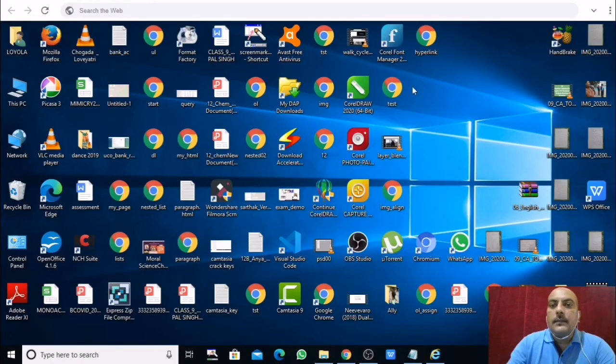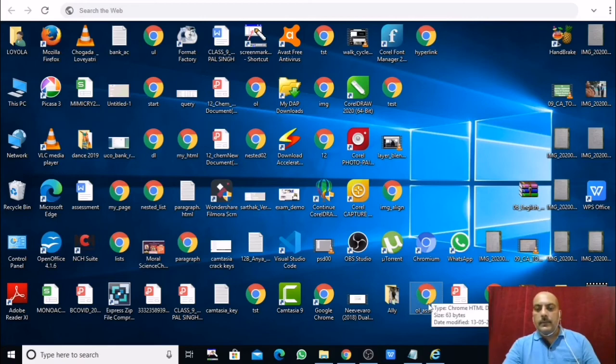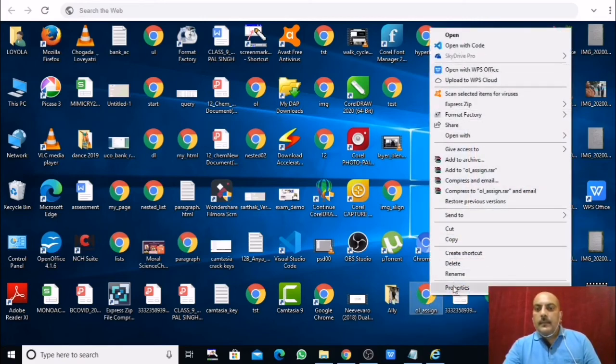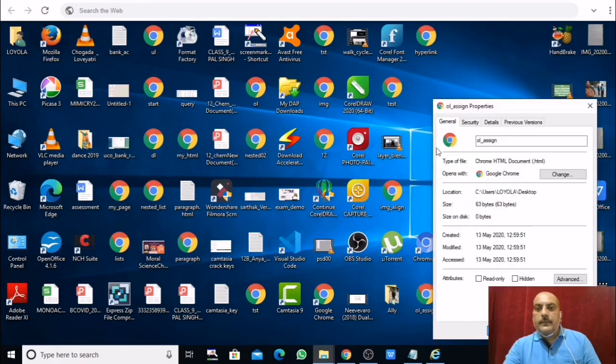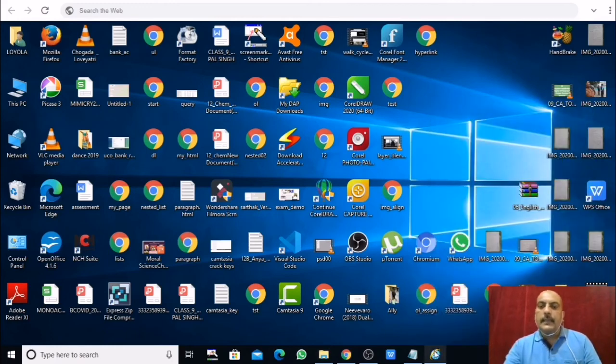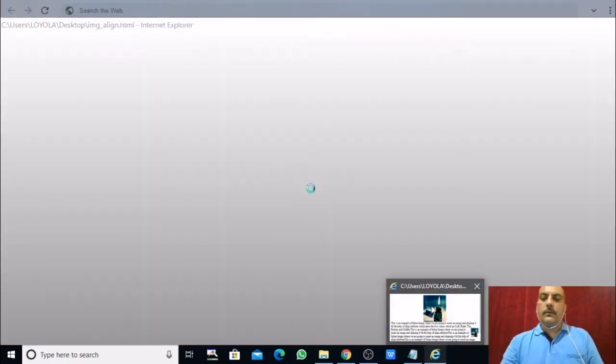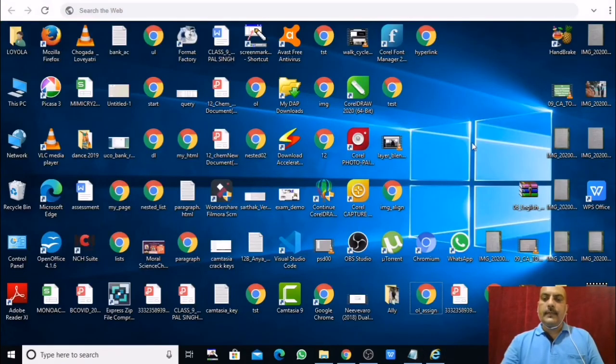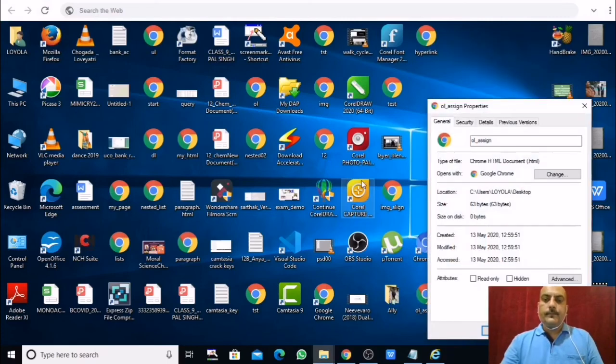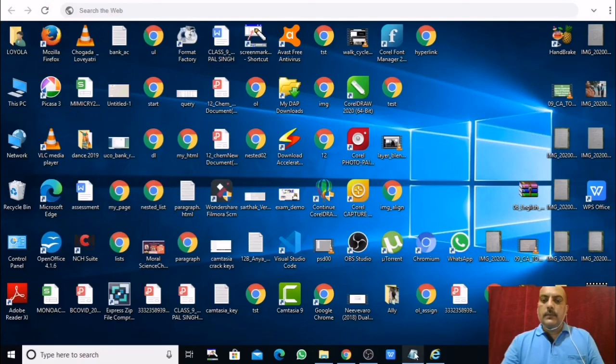I am changing it. This is hyperlink, no, ol assignment, right? This I am giving. Right click and properties and take the path from here, desktop, Control C, and the name is ol underscore assign and dot html format. What is the format of that file? HTML. Okay, ol_assign.